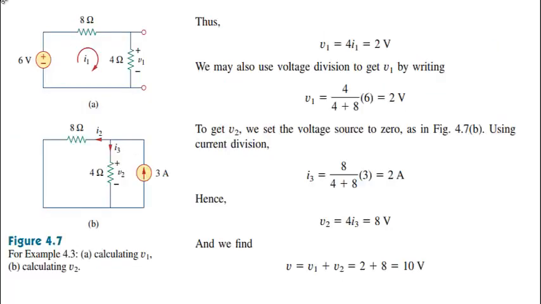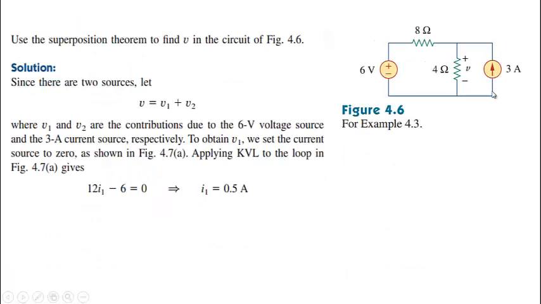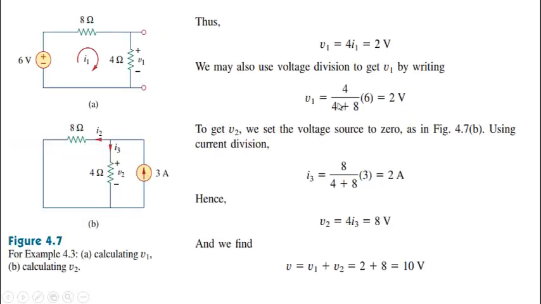This is the open circuit of this figure. The remainder of the circuit will be a series connection of 8 ohm, 4 ohm and 6 ohm resistance. So we're assuming a current I1 flowing in this circuit, and using the mesh analysis